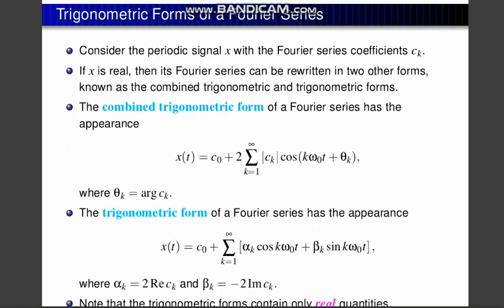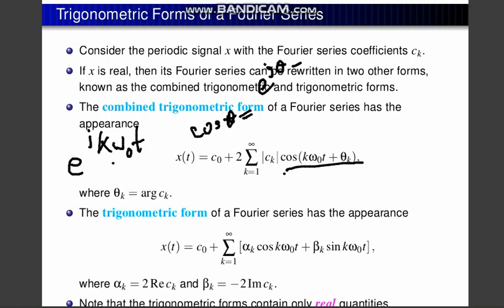After putting this equation in, we find this. Now you will ask, how can we get this? If you know the relationship between e to the power j k omega naught and this, how can you get this? First of all, write cos theta. The cos theta will be e to the power j theta plus e to the power minus j theta, divided by 2.